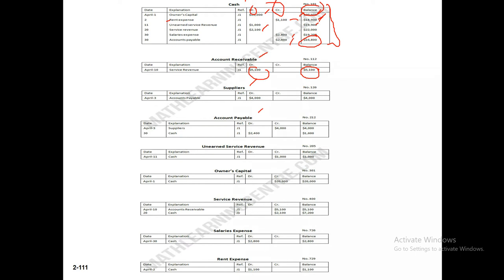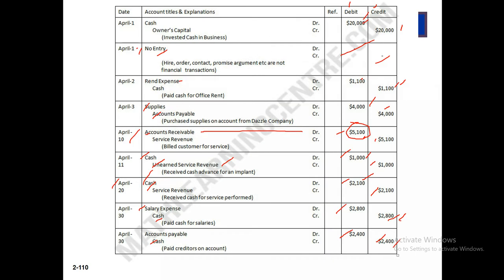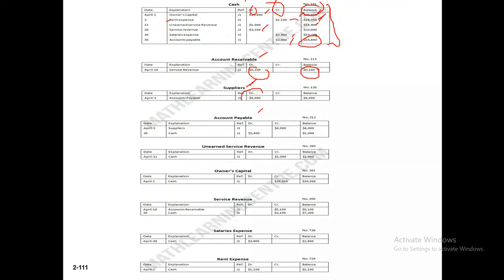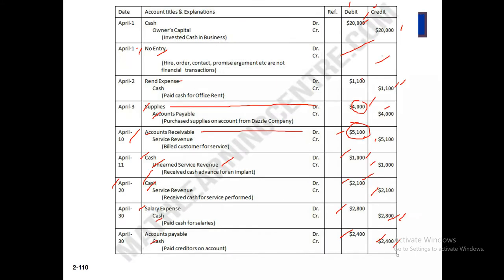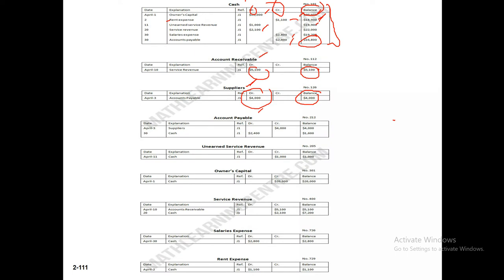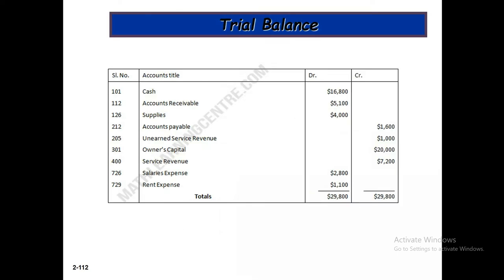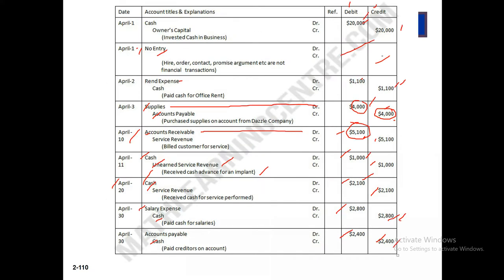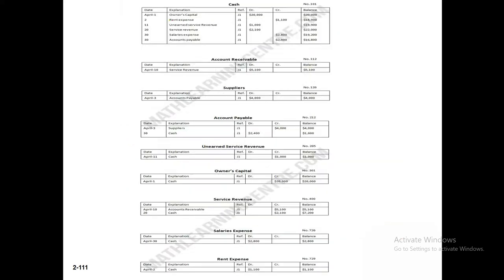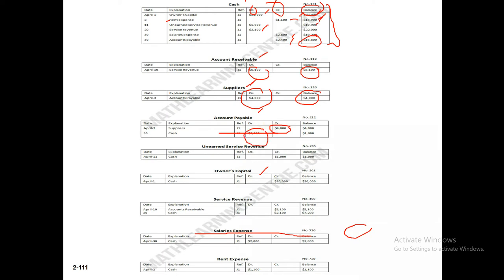This is one item here, supplies. So you know that this is supplies, supplies here 4,000. See this 4,000, just we are showing here supplies debit 4,000. This is the supplies closing balance. Now accounts payable, this is the figure, accounts payable 4,000, this is credit. So this is credit balance, accounts payable 4,000 credit balance. Okay, this figure. And now last one, this is the accounts payable debit balance, that means we already paid 2,400. So for this figure 2,400, this is the debit balance. So now it will be the closing accounts payable balance.